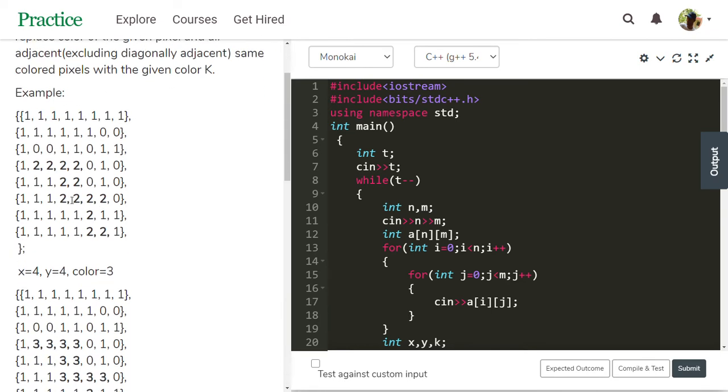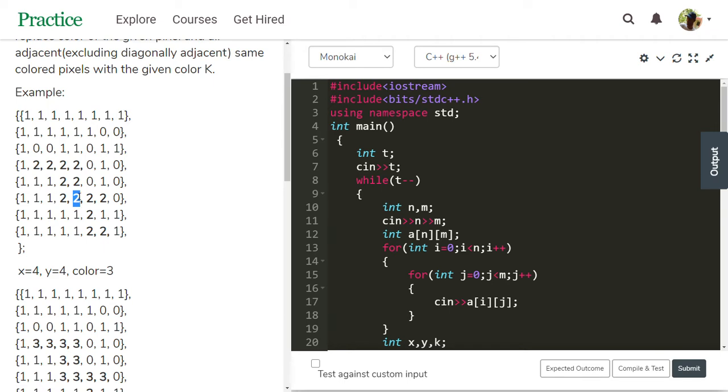See this example. The position of the pixel is 4, 4. X is 4, Y is 4. So this is the position. We need to convert that color and the same value as that element's adjacents, except diagonal adjacents, like 2 having these two adjacents with the value of 2.